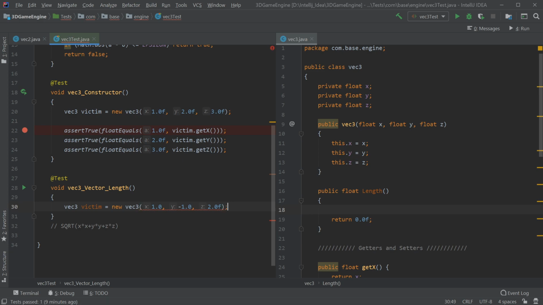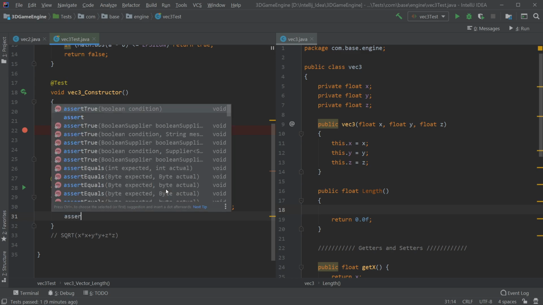So I've got 1 times 1 times 4. 2. 2 2s are 4. 4 square root of. So that's the square root of 4. So all we have to do. Why is that? Oh. You have to put your F's on. I forgot about that. So all we have to do now is assert true